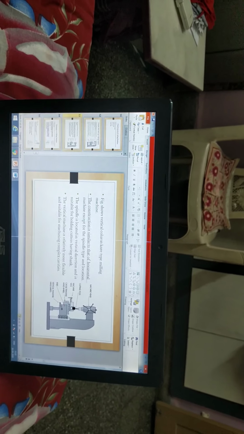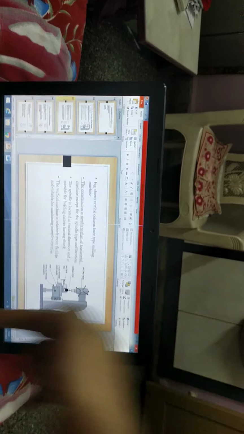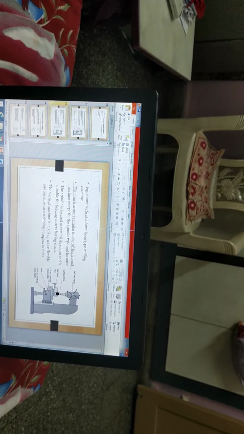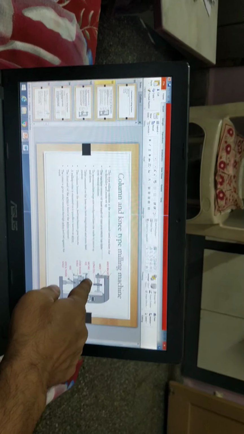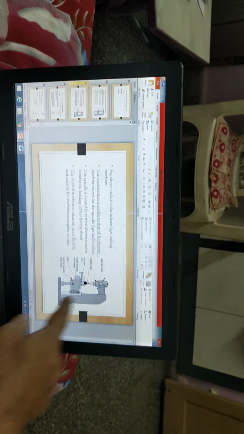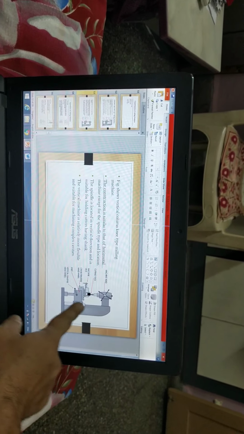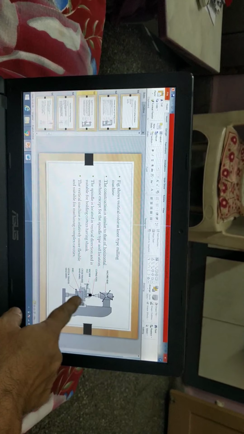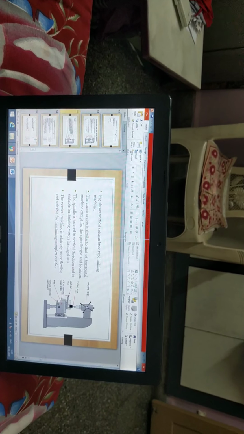this is the vertical milling machine. In that vertical milling machine, see, the workpiece is here and the tool axis is perpendicular to the workpiece. It is parallel in horizontal. It is parallel to the workpiece. Now it is perpendicular to the workpiece. Same is there. Column is there. On column, knee is mounted, and on that knee, the workpiece is going to be held with the help of workpiece holding devices.